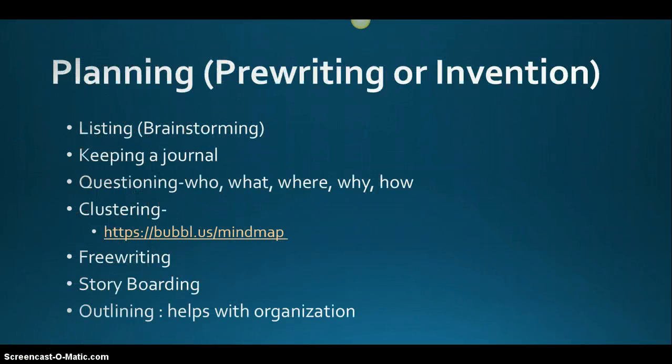So here are a list of planning, pre-writing, or invention, and not all of these came from the article that you had, or from the book that you had to read for days. Some of these came from the narrative writing video that we saw the other day, specifically storyboarding, which had a lot of the same things. And some of these we'll find are better if you're just trying to come up with ideas. Some of them are better once you have that idea and are starting to write them. And so we're going to talk about first the ones that are probably most helpful for coming up with ideas, and then the next ones are the ones that are most helpful once you have your idea.